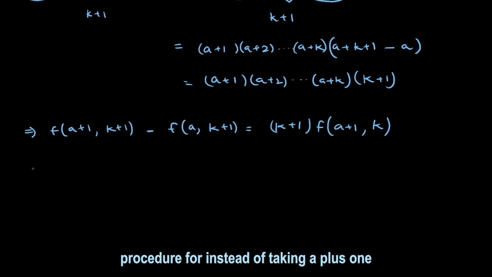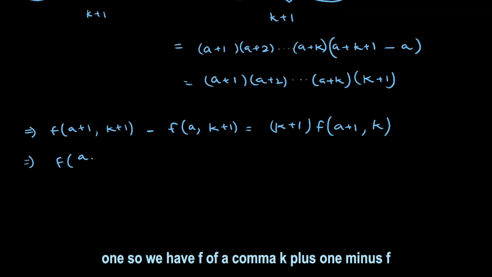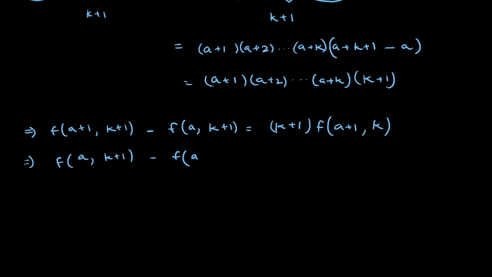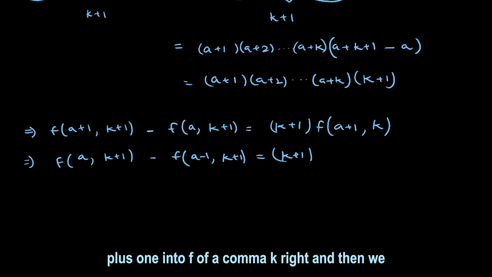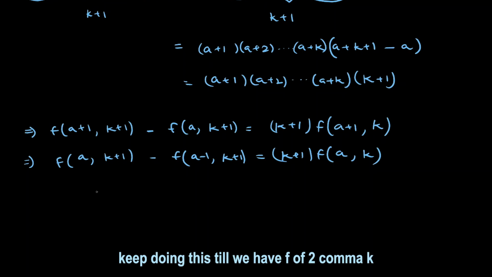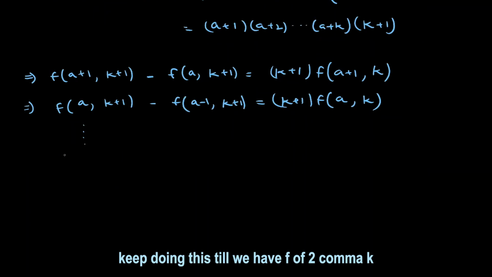Now we do the same procedure, but instead of taking a plus 1 here, we take a, and here will be a minus 1. So we have f of a comma k plus 1 minus f of a minus 1 comma k plus 1 is equal to k plus 1 into f of a comma k, right? And then we keep doing this till we have